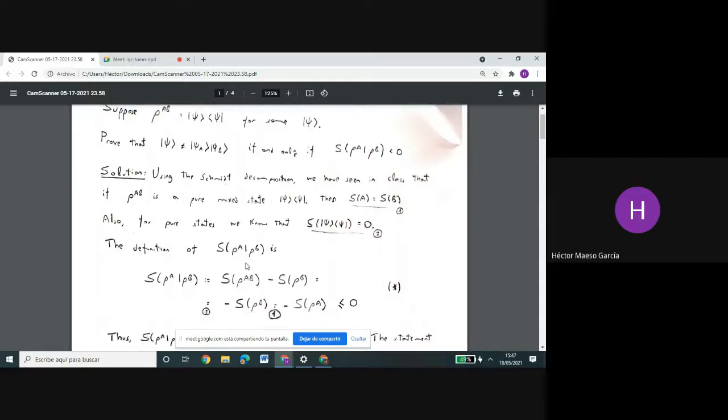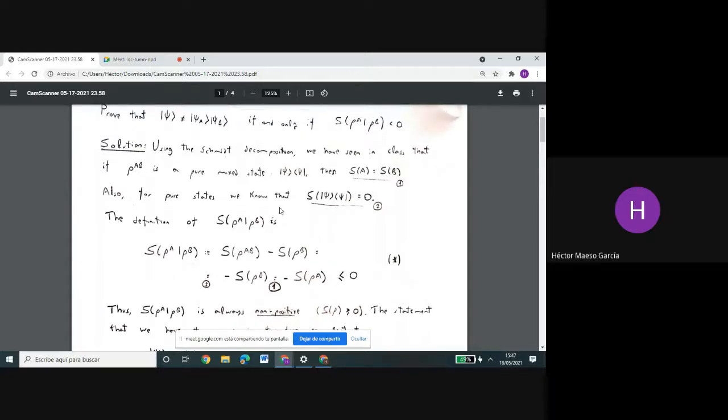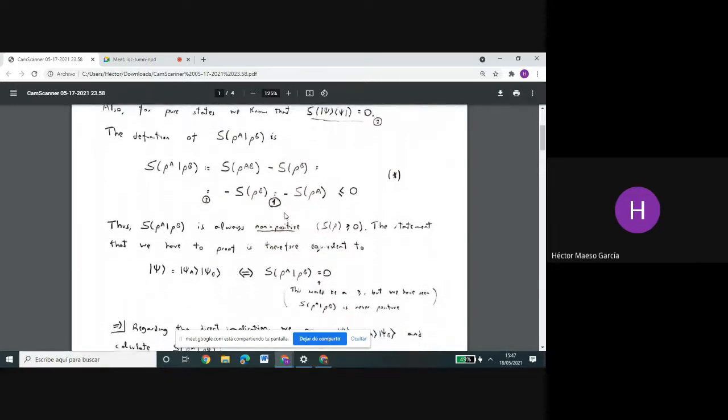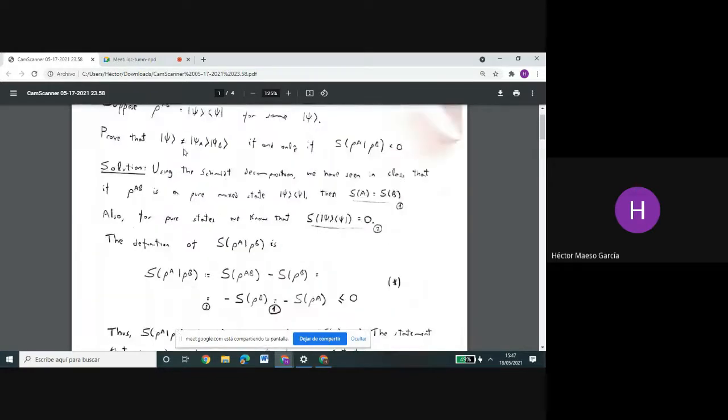Applying the definition of conditioned entropy, this entropy is the entropy of rho AB minus the entropy of rho B. But since the entropy of rho AB is 0, this is just minus the entropy of rho B, and this is equal to minus the entropy of rho A, since these entropies are the same. And so we notice that the conditioned entropy is always smaller or equal than 0, and this happens because we are in a pure state. Okay, and now we will proceed to do the proof, but it's easier if we